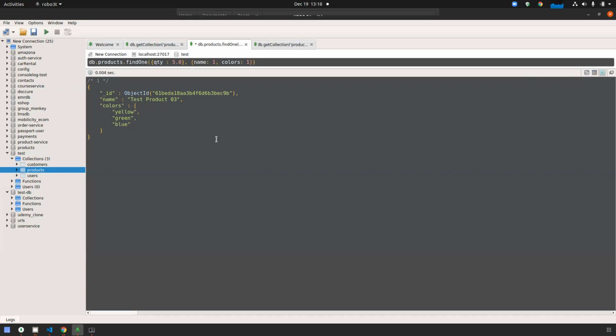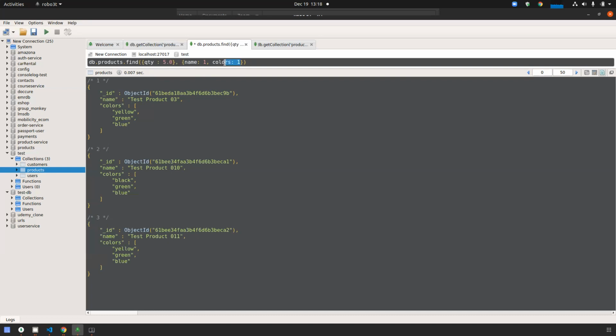It will return only name and color. Those 2 data will be shown. Actually it will result in these 2 data only. Okay, this is a projection. Like name 1, colors 1, that means I need to see name and color only from each document, not everything. If I'm using find over there also, see, for every record it's giving name and colors. Okay. Got it, everyone? Yes.